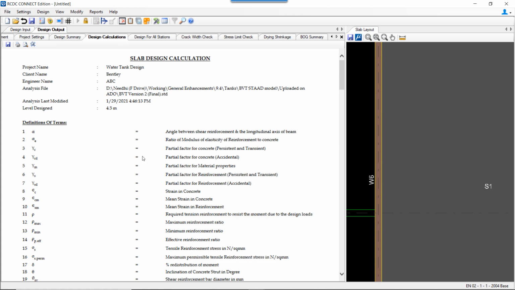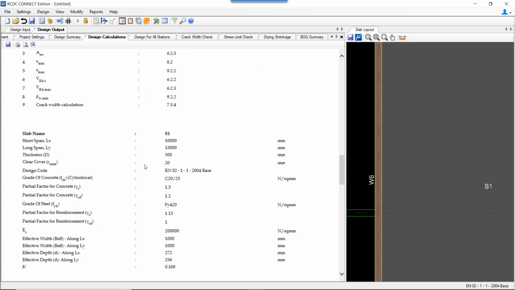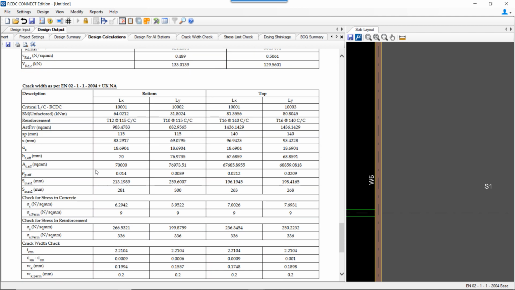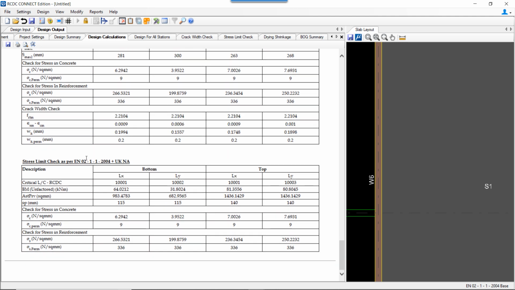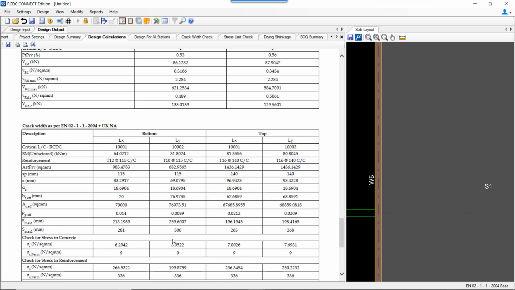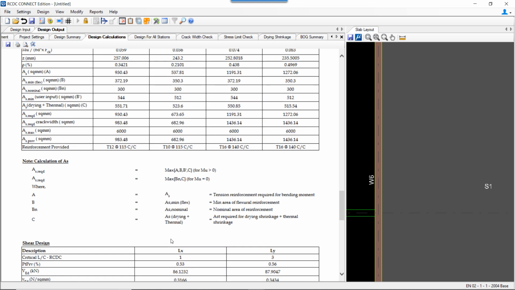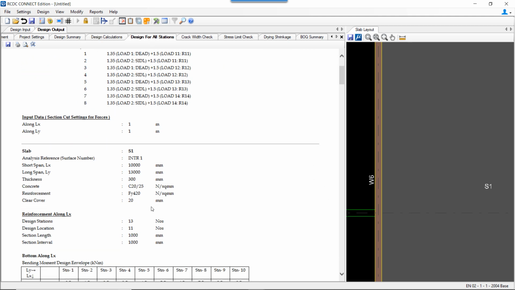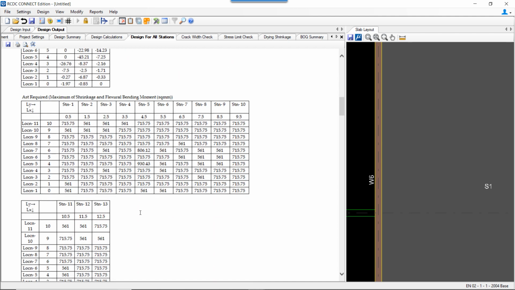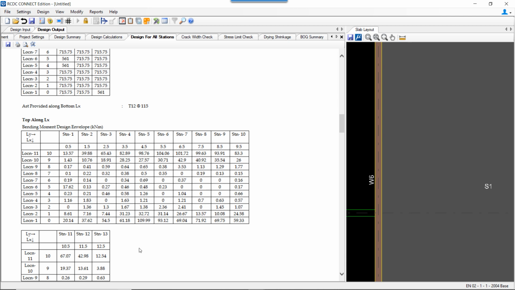Then we have the detailed design calculation report, wherein the flexural design and the shear design along with the crack width check, a detailed calculation report basically is available for this slab. Then the design for all stations. This report is similar to that of the tank wall. The concept of the report is the same.